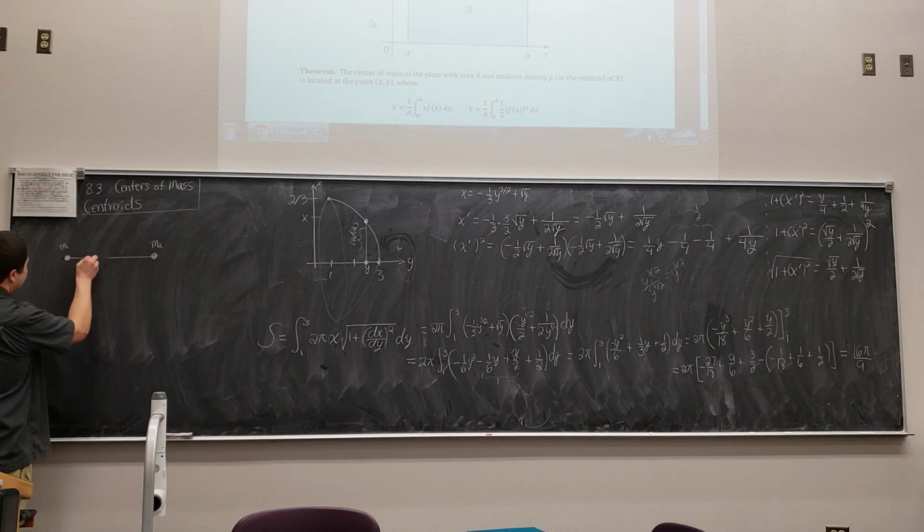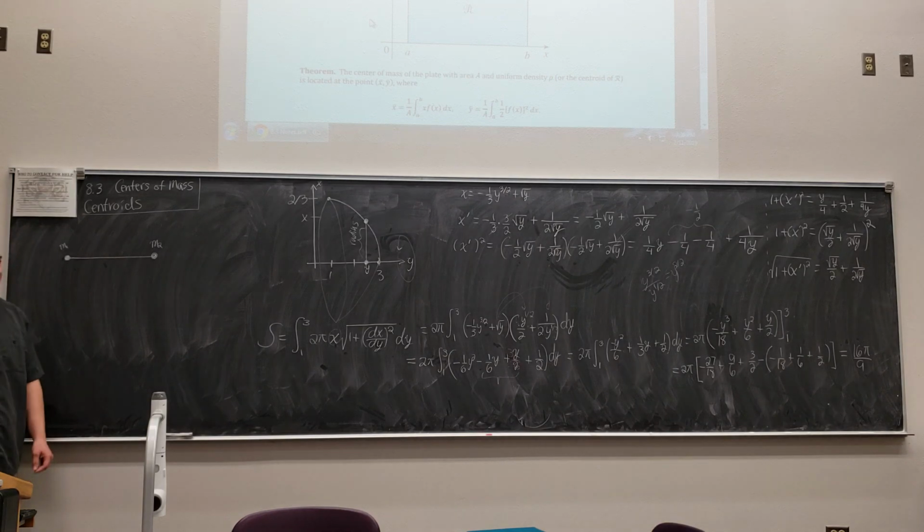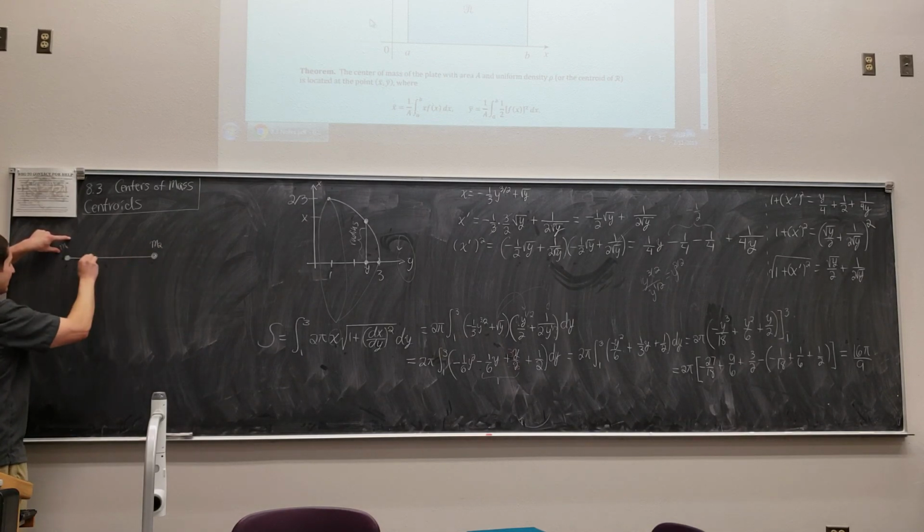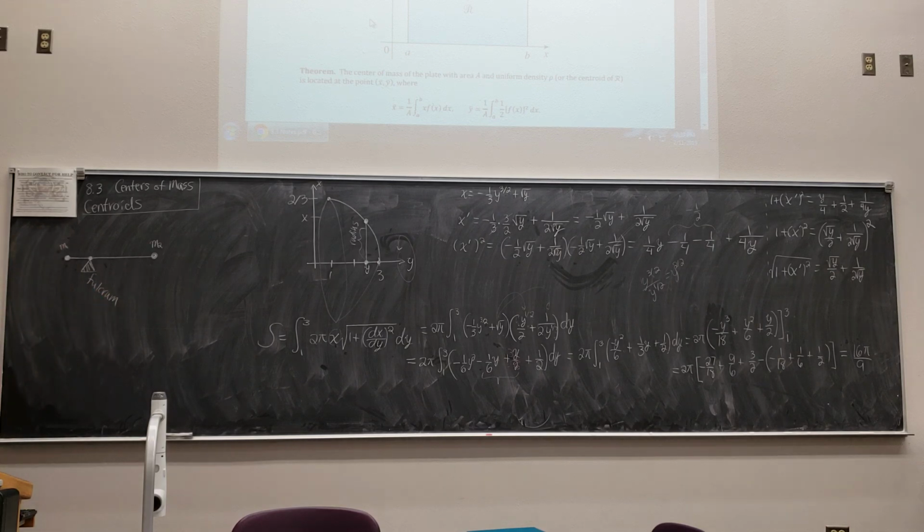So our job is then to decide, if this were some teeter-totter and these are children, where should we put the fulcrum so that their legs are dangling forever and they'll never get off? So it depends on the masses, right? So if this is a very large child and this is a small child, it could possibly be here. I will call this the fulcrum. So we're looking for places where the whole system will be stable and balanced forever. So what's now relevant in this system is, how far did you have to go from